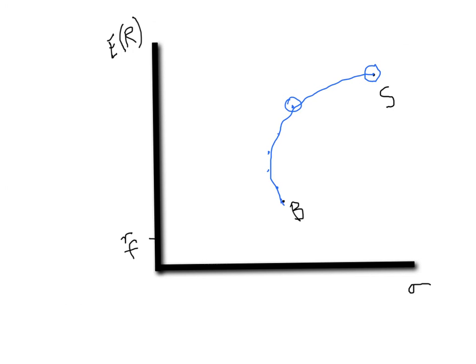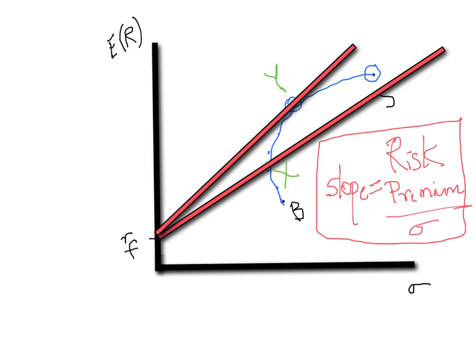Every point on the blob is a risky portfolio, so it's possible to combine the risk-free asset with each of the points on the blob, and the combination would be the capital allocation line. In this illustration, we begin with the point X and draw the CAL from the risk-free asset to the point X, which would have a slope which is equal to the risk premium divided by the sigma. Now, if we compare point X to point Y, we will